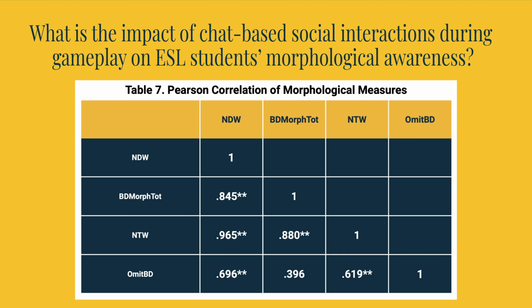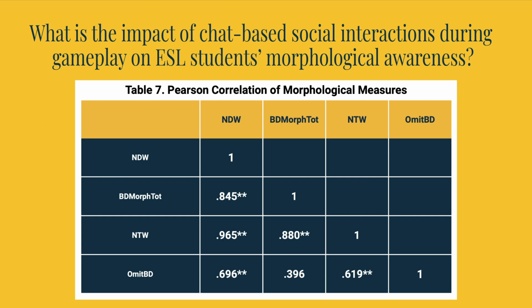This finding suggested that ESL students generated a larger variety of unique vocabulary words, possibly because of their increased morphological awareness, and generated a higher total of English words in their written dialogue. The correct usage of bound morphemes was significantly correlated with the total number of words found in ESL students' chat logs, indicating that ESL students produced a higher count of words that included root words in their conversation with their